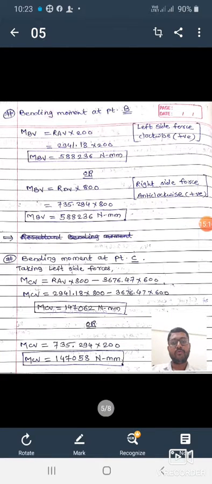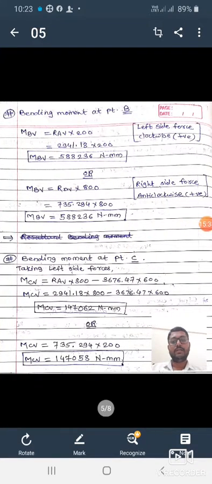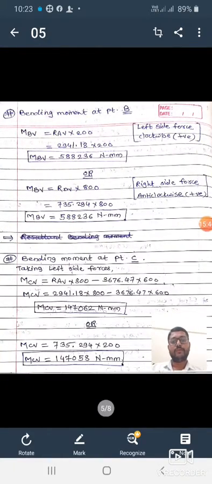So that is equal to RAV into 800, that is clockwise, minus 3676.47, minus because it is anti-clockwise, into the perpendicular distance between point C and that vertical force P1 plus P2, which is 600. Here for left side forces we take clockwise as positive and anti-clockwise as negative. Calculating these equations, we get the answer MCV equal to